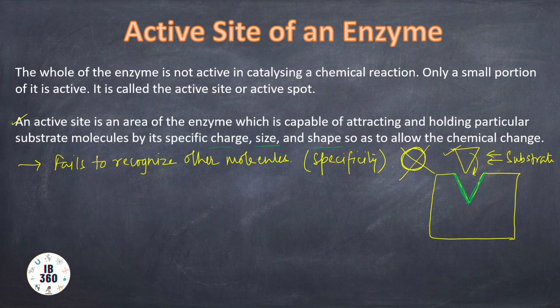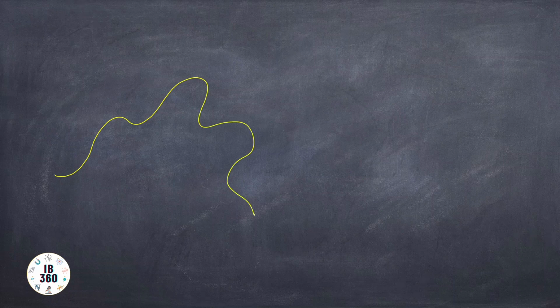So here let me show you how this folding is done. Suppose this is the primary protein structure, a single chain, and let us draw some active sites. So suppose these are parts of active site. This is one active site. Okay, let me show you. So this is one active site. This is one. All these are parts of active sites.